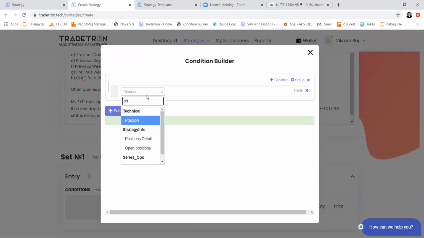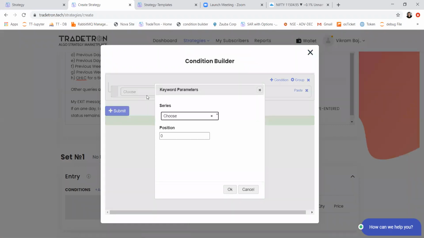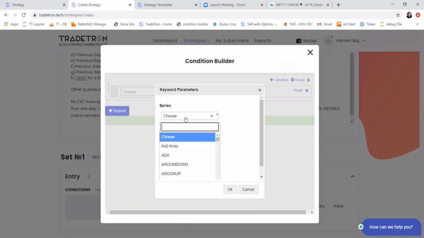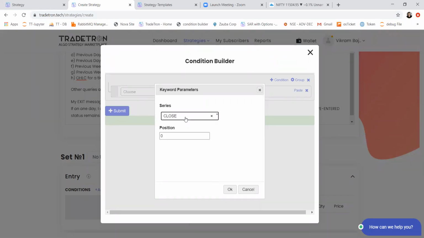Here we will start with the position keyword. The position keyword allows you to select a candle number, 0 being the latest candle, -1 for the previous, -2 for the one before the previous, and so on. And here we will use close.